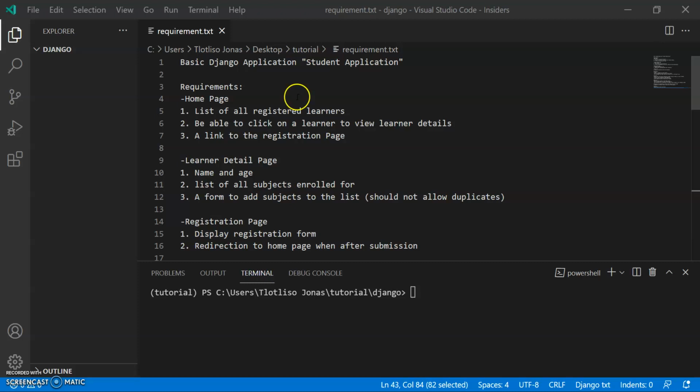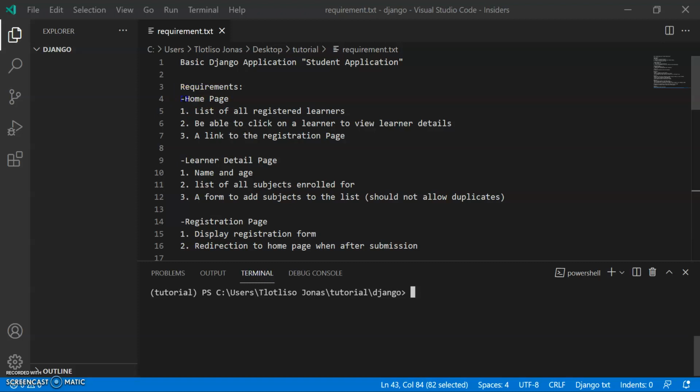I'll be creating this tutorial through a set of short videos. This is the first video, and in this video I'll be going through this document which shows the application requirements, which is what the application is going to be doing. And also at the end I'll have some basic definitions for those people who do not know Django, the important concepts that I think are important for you to be able to understand.